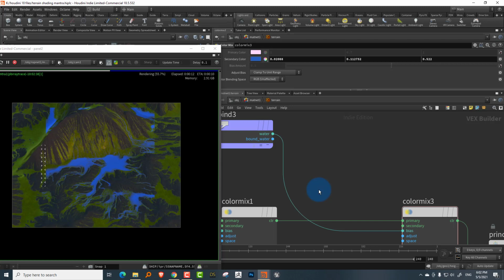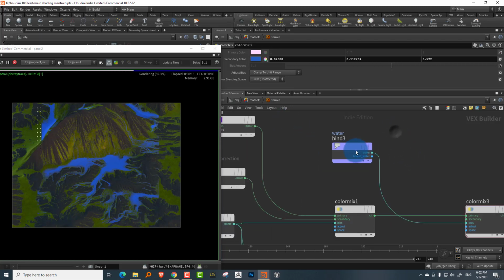Now on top of this, instead of using just the standard attributes that you have, you can also bring in noise based masks, so that will give you a little more detail, because this is based directly on geometry. That's why you're seeing these artifacts over here, because you don't have enough geometry. So if you want to mix the debris map with a turbulent noise or something like that, you can do those things as well. Or if you have other textures you want to mix it with, you can also do those things. But I'll leave that to you.